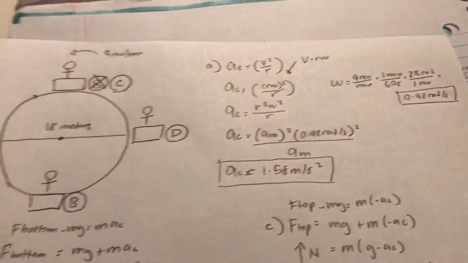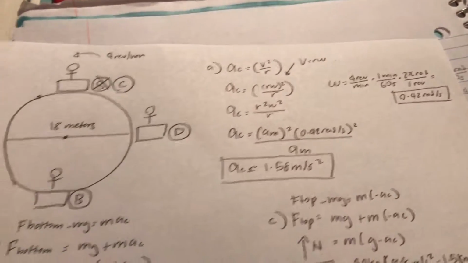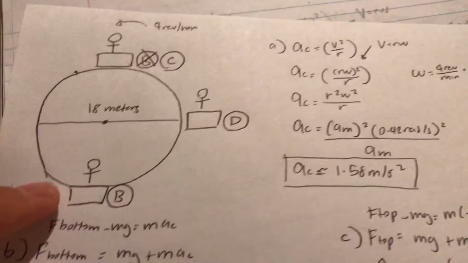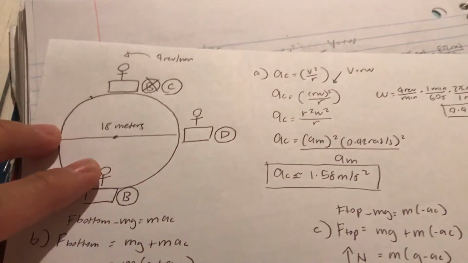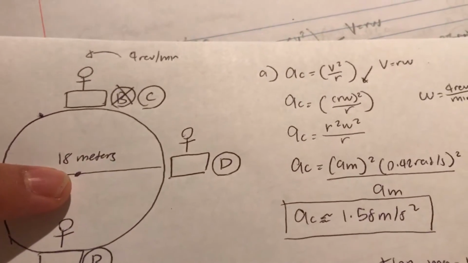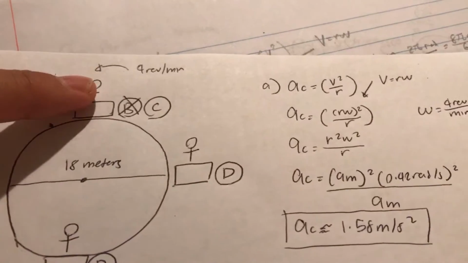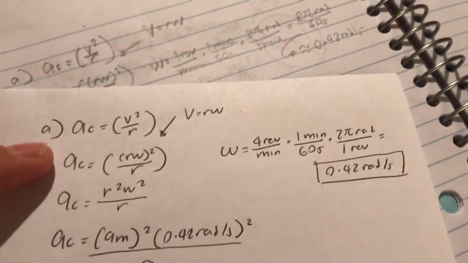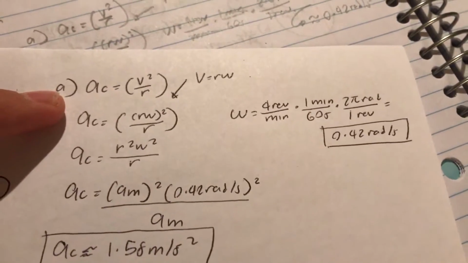Okay, so this is problem 27 on the chapter 7 homework of rotational motion and the law of gravity. So the first thing I did was draw a diagram based on what we knew. So we knew that the Ferris wheel was 18 meters in diameter, which means 9-meter radius, and it revolves at 4 revolutions per minute. So the first sub-question asks for the centripetal acceleration, and we know that the formula is